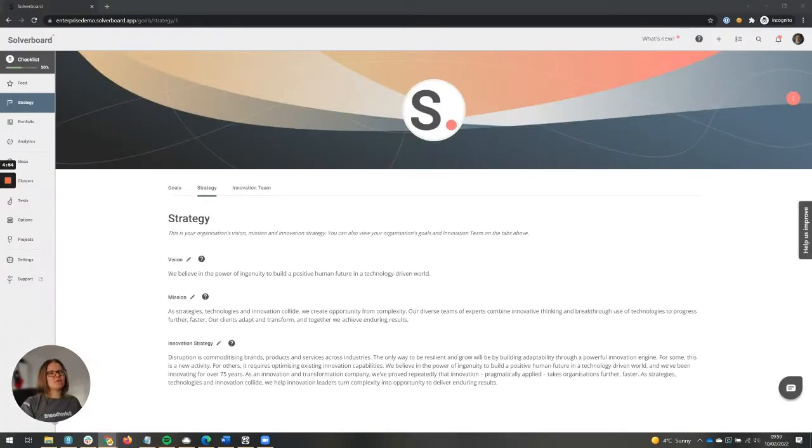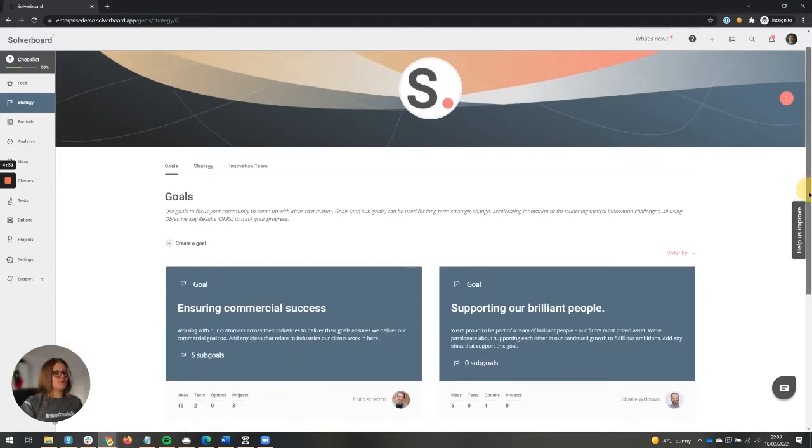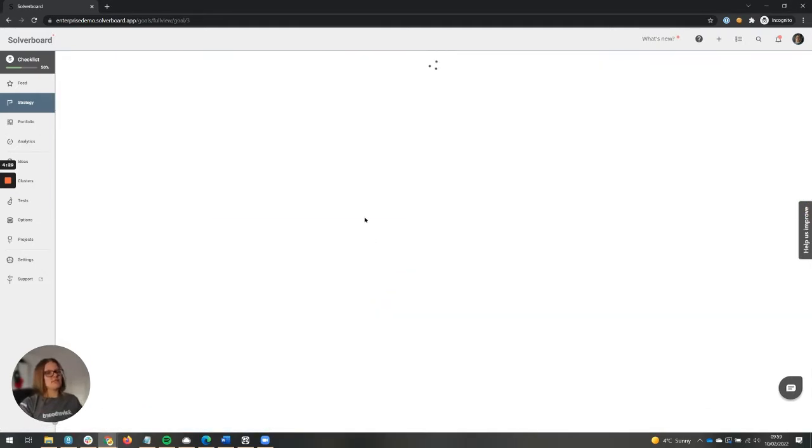We always recommend that our organisations on Solverboard start with their strategy. It's really important to rally your team and your solvers, that's your idea creators, around what it is you want to achieve as an organisation. So we give you the opportunity to do that with vision, mission, innovation strategy, but also with goals and sub-goals as well. If I click through to this one on our demo site, you can see that it's started